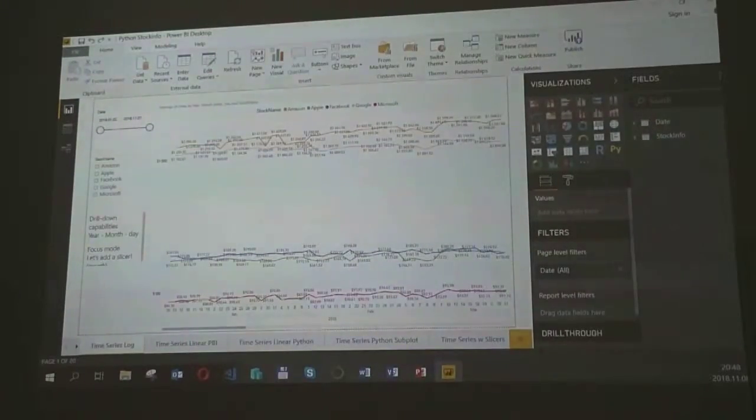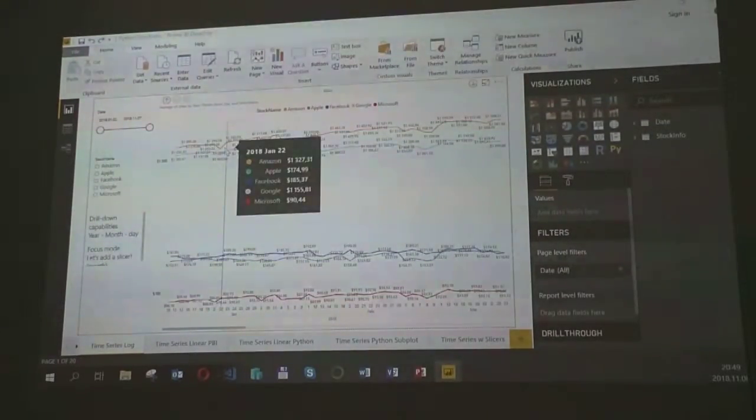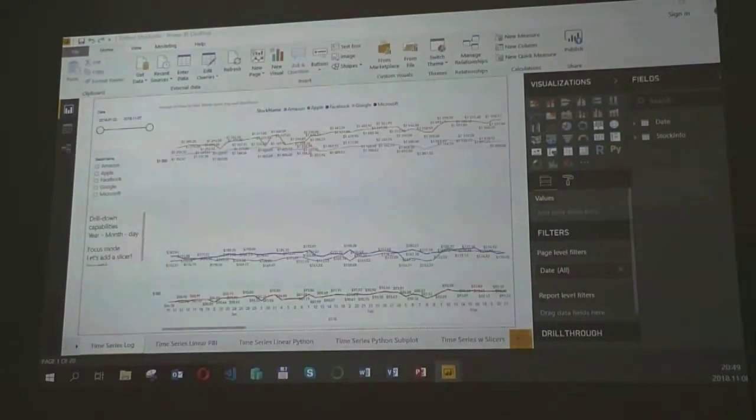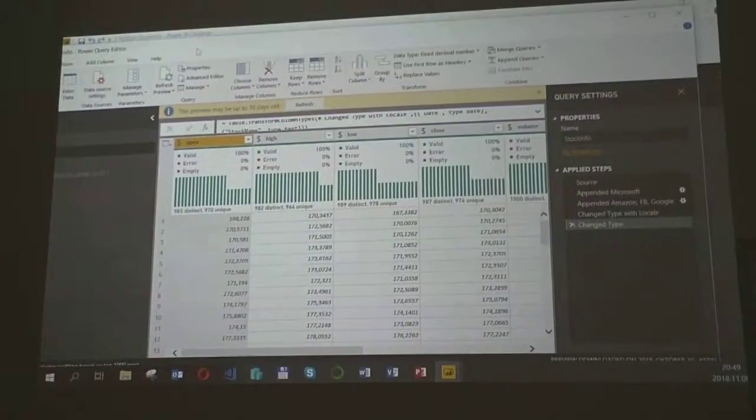Okay, this is my report in which I am accessing an API using Python code. The first step of creating a report like this is creating queries.